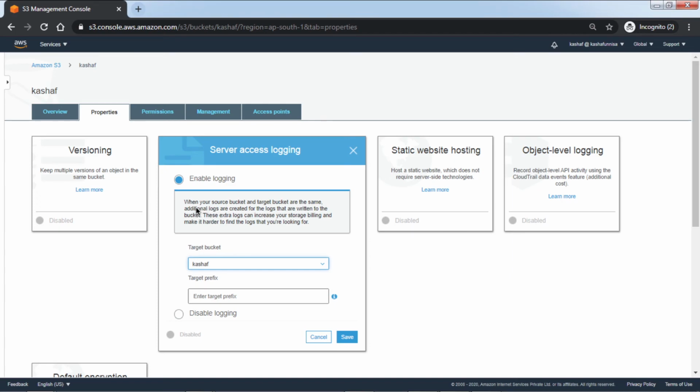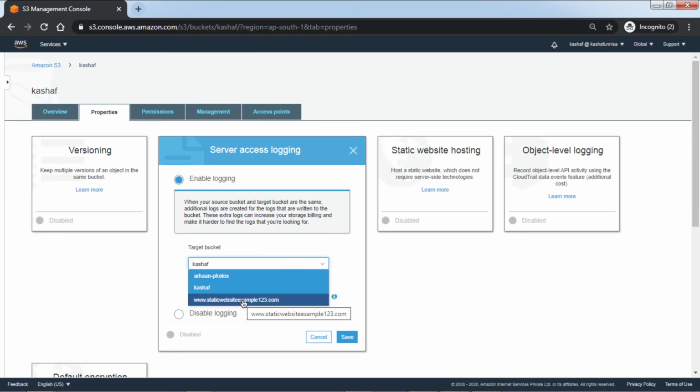When you click this, it shows something: when the source bucket and target bucket are the same, additional logs are created for the logs that are written to the bucket. These extra logs can increase your storage billing and make it harder to find the log that you are looking for. So this is the disadvantage of selecting the same bucket as target and source.